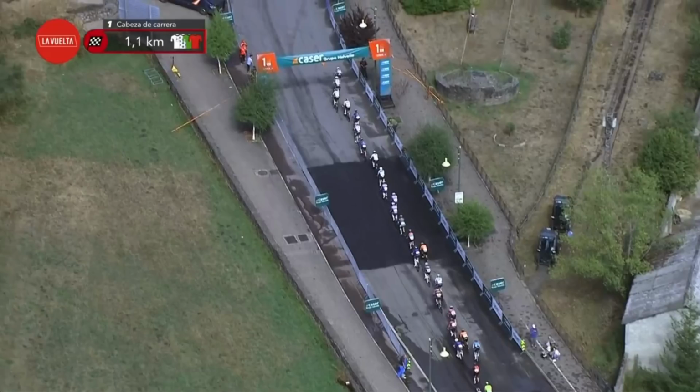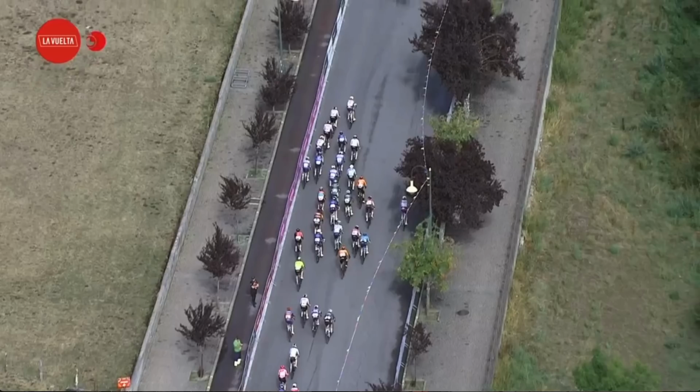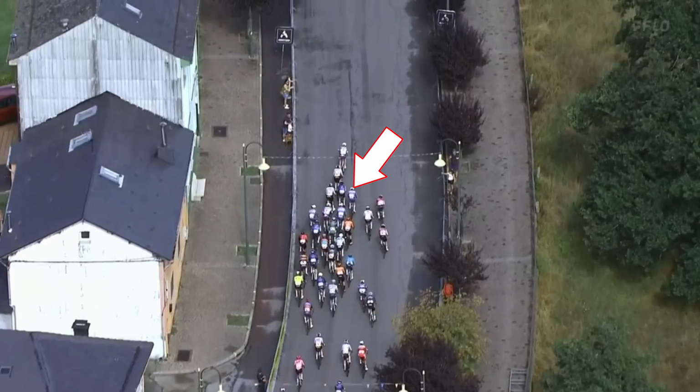Now we come under 1 kilometer to go. We see that it's DSM still on the front, but the front rider's starting to blow. Once he starts blowing, we see the peloton's kind of increasing a little bit. They're about 4 or 5 wide, and we're coming into about 900, 950 meters to go, and Edward Planckaert, it's time to thread the needle. As he starts coming from the left side through the center, all the way through the right, he's threading the needle there,